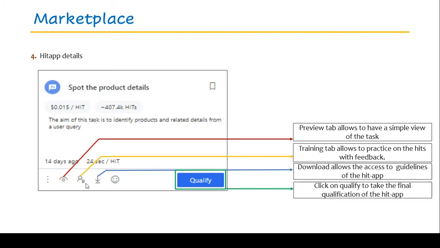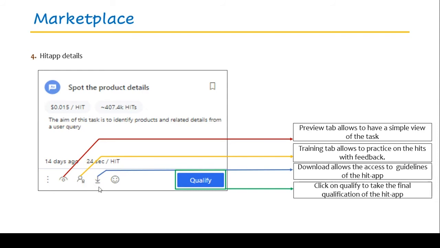And then there is this tab which talks about the training section. This training section has a few training hits. These are a few practice sets that you can do before you go on to the qualification section. That is, you are supposed to attempt a few practice sets before you go into qualification to see if you're missing any of the main important details where the quality might take a dip. So this training set is very important.